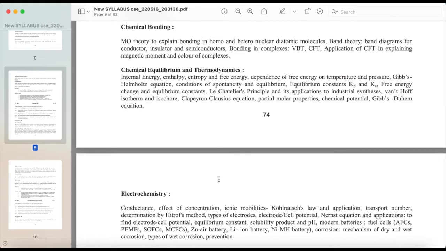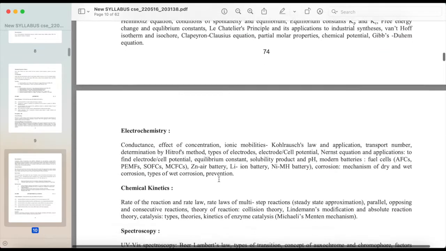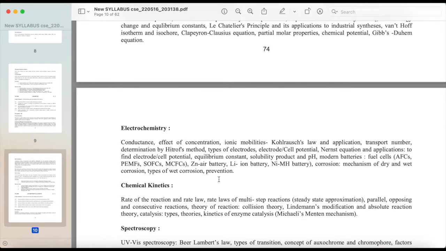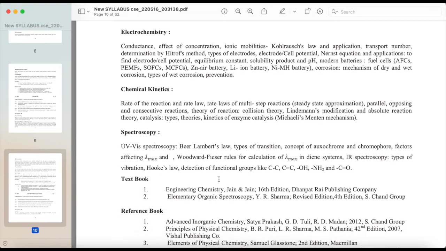and its applications to industrial syntheses, van't Hoff isotherm and Clapeyron-Clausius equation, partial molar properties, chemical potential, Gibbs-Duhem equation. Electrochemistry: conductance, effect of concentration, ionic mobilities, Kohlrausch's law and application, transport number, determination by Hittorf's method, types of electrodes, electrode and cell potential, Nernst equation and applications to find electrode and cell potential, equilibrium constant, solubility product and pH, modern batteries, fuel cells, AFCs, PEMFCs, SOFCs, MCFCs, zinc battery, Li-ion battery, NiMH battery, corrosion mechanism of dry and wet corrosion, types